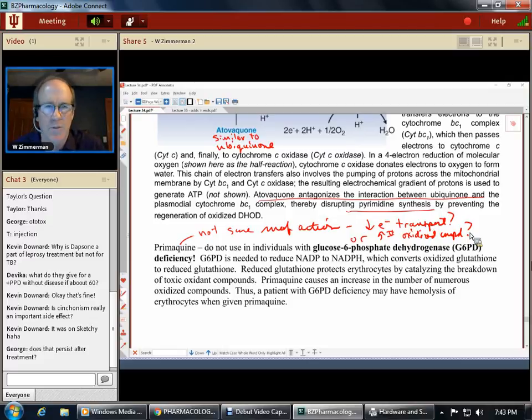I can remember episodes of MASH you guys have probably seen reruns of, but the idea was you could not use it in somebody with a glucose-6-phosphate dehydrogenase deficiency. What does glucose-6-phosphate dehydrogenase do? It reduces NADP to NADPH. And the NADPH will convert the oxidized glutathione